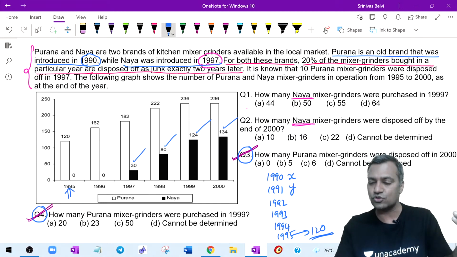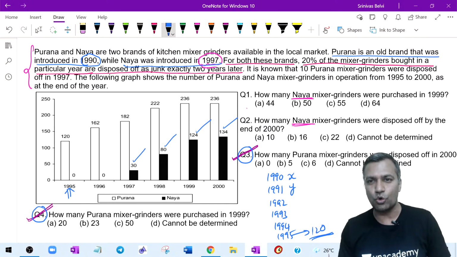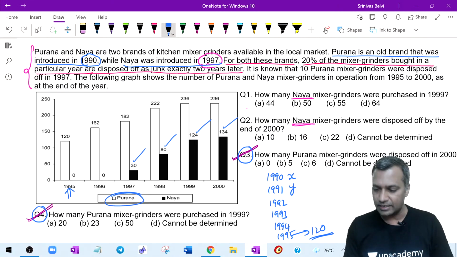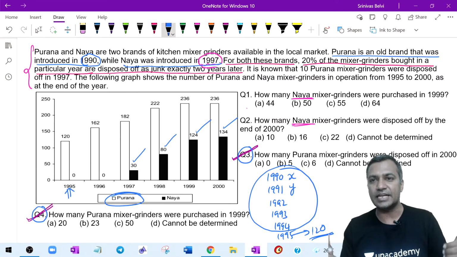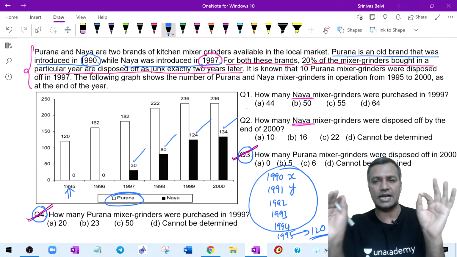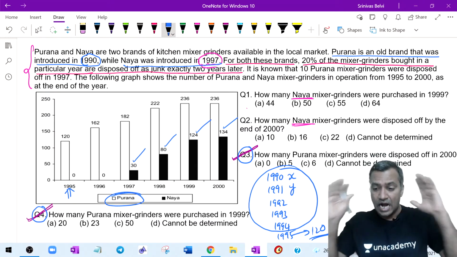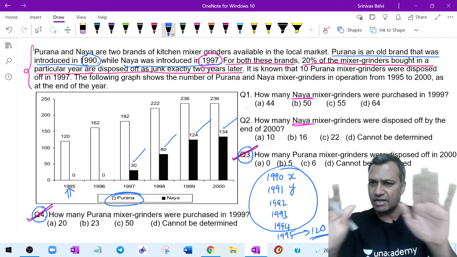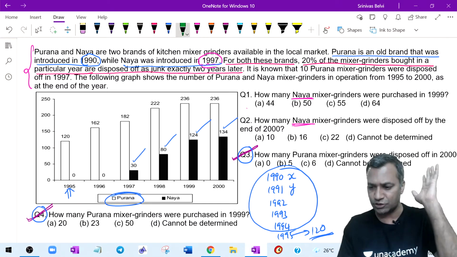So why don't I solve the questions where the data is complete rather than focusing on the questions where the data is incomplete? For Purana, the data is incomplete. Which is that incomplete data? 1990 to 1994. I don't have this particular data. This is the first understanding. Such understanding is important when you look at certain reasoning-based DI sets. It is not that I approach it bland, get the whole set done and then answer the questions. Definitely not. This happened several times with me while writing the mocks or the actual papers.